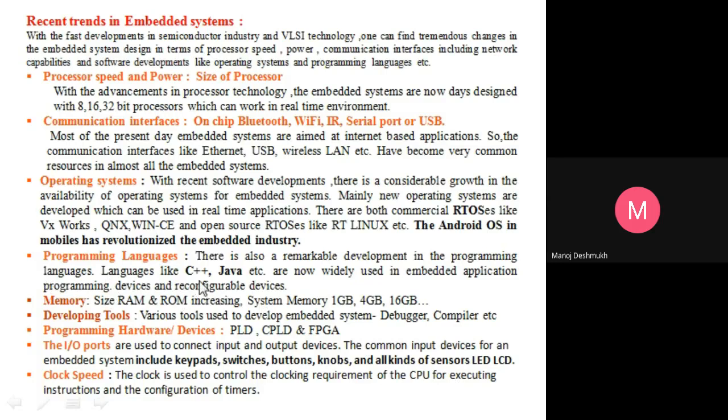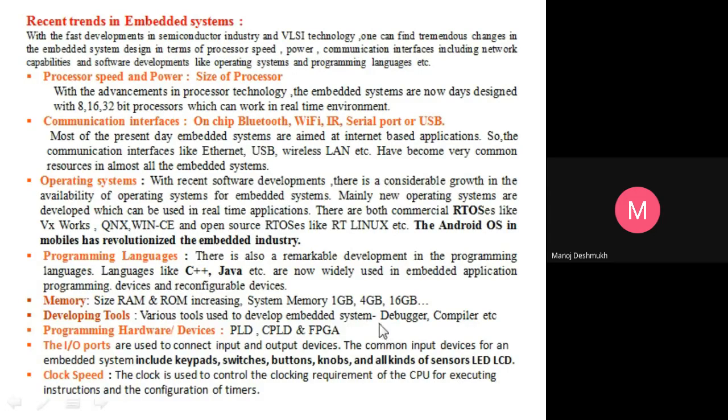After that, programming languages. As we have seen multiple times, C, C++, Java, or Python are the basic programming languages mostly used for development of various application software. Front end tools are also there and back end tools are also there. After that, memory devices like RAM, ROM. Expansion of memory, as we have seen: pen drives, memory cards, and hard disk, 1 TB, 500 GB, whatever the size, for copying or storing the data.